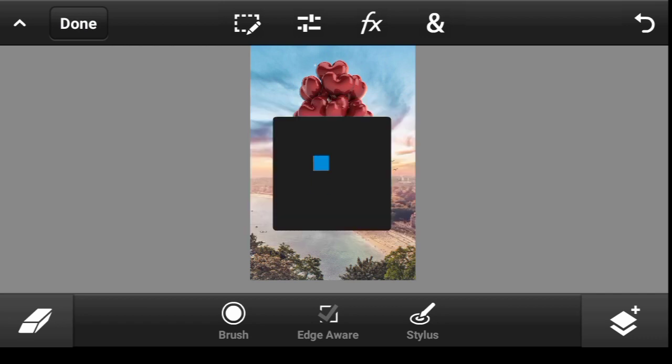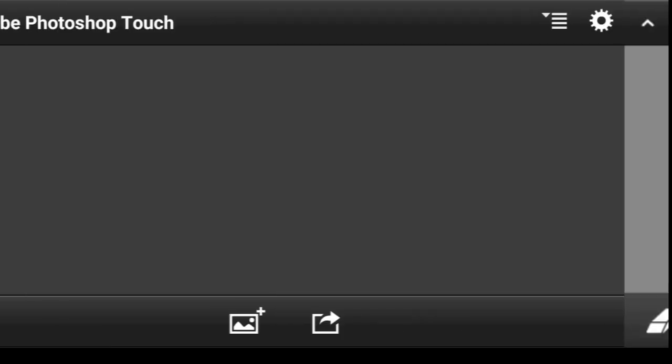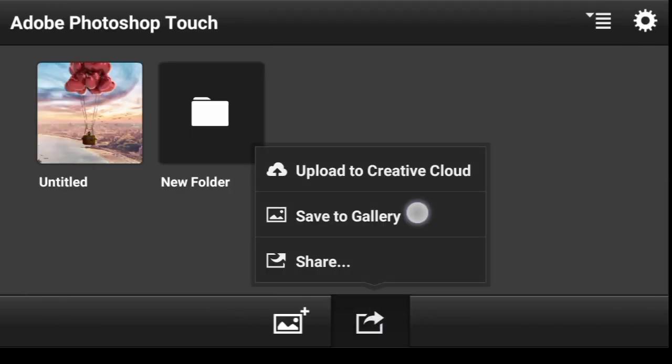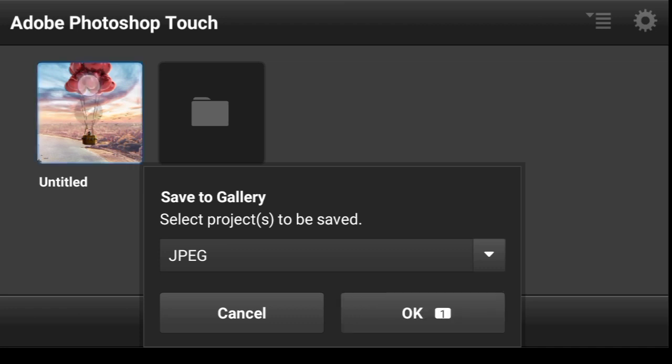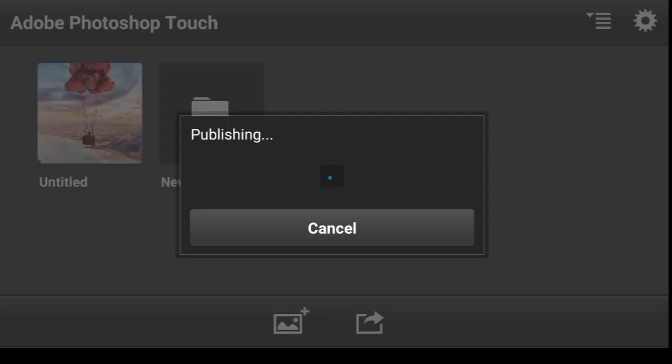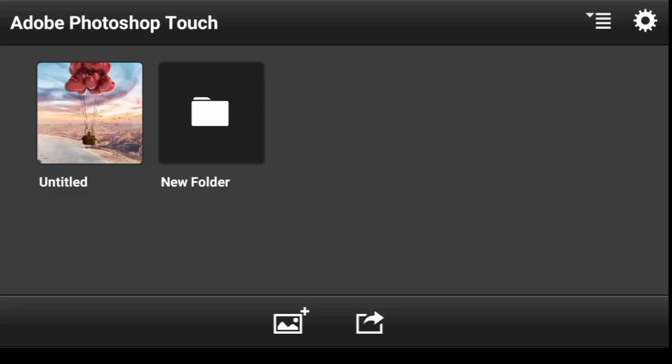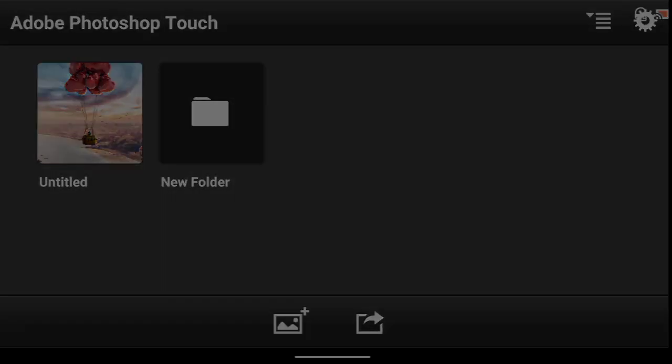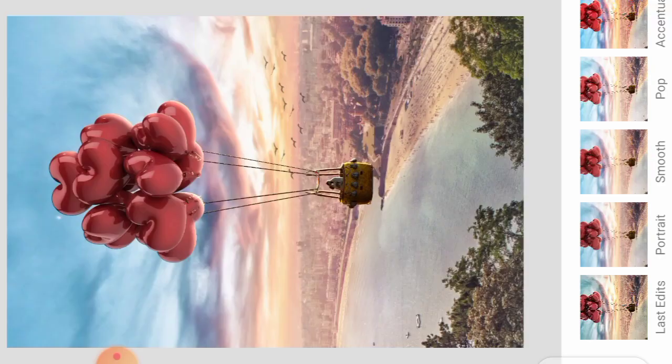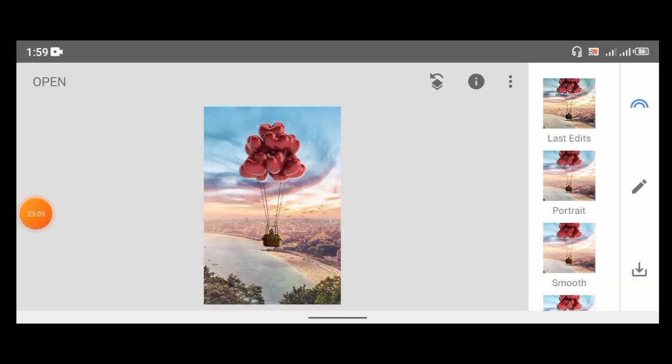So done, save. So now let us save it to gallery. Click on it, click OK. From there, we can go over to Snapseed. And here we are in Snapseed. As you can see, I've already imported the image. So click right here,